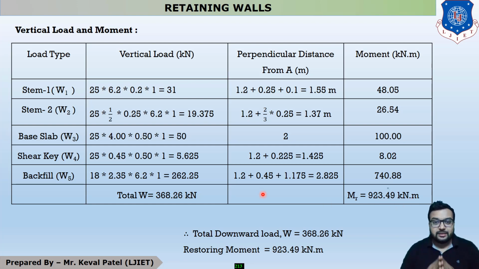Students, in this step, we have to find out horizontal force and horizontal moment. Second one is vertical force and moment. All these moments act clockwise. You have to be clear that horizontal force and the moment due to it is considered anti-clockwise, and vertical force and moment is considered clockwise. In the next lecture we will find our stability checks,